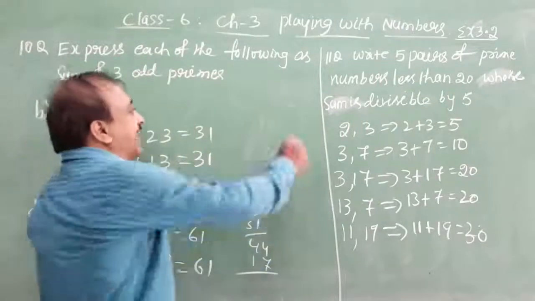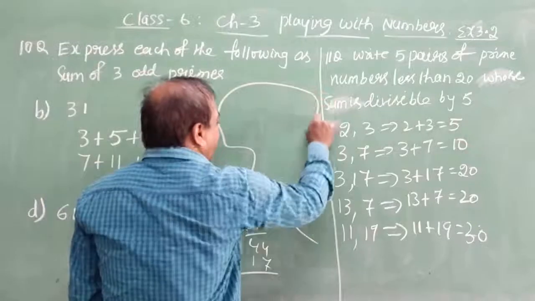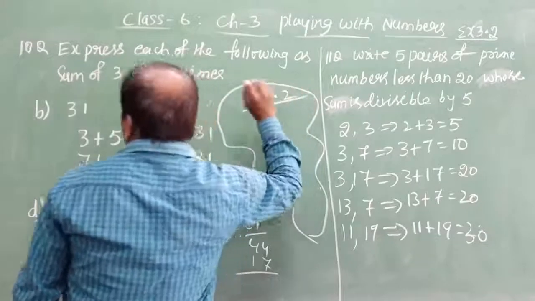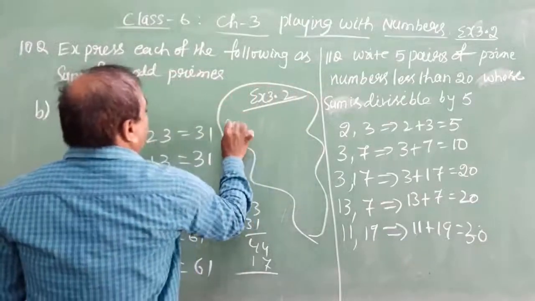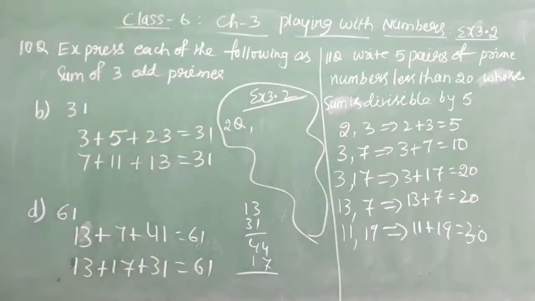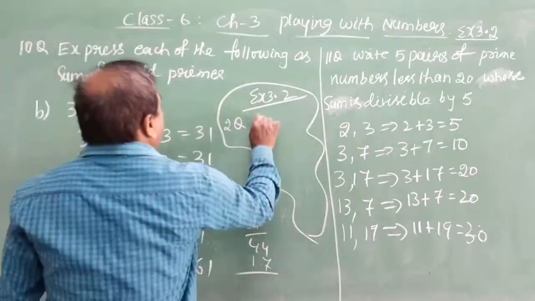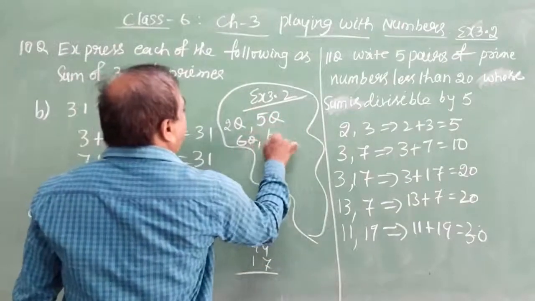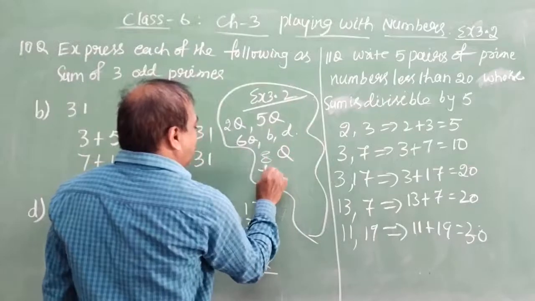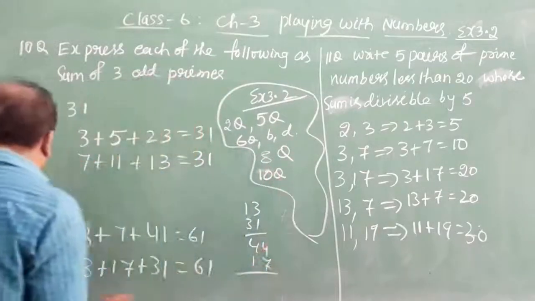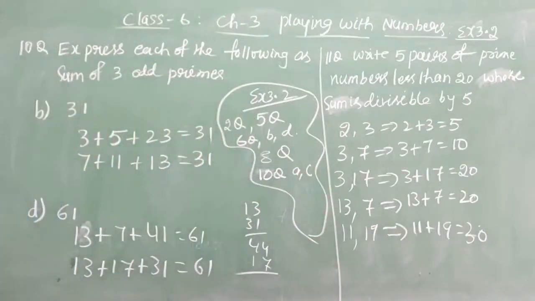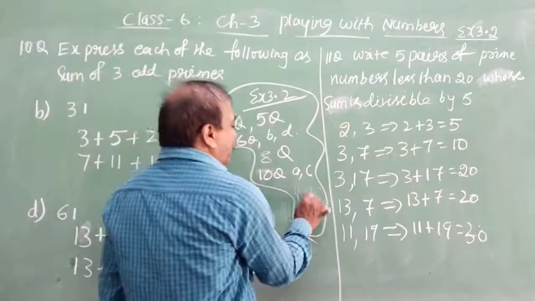Is it clear, students? Here we have some homework questions from exercise 3.2: question number 2, true or false; question number 5; question number 6, parts B and D; question number 8; question number 10, parts A and C; and even the last question, the 12th question, you also have to complete.